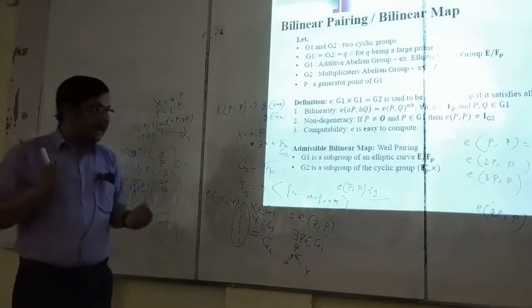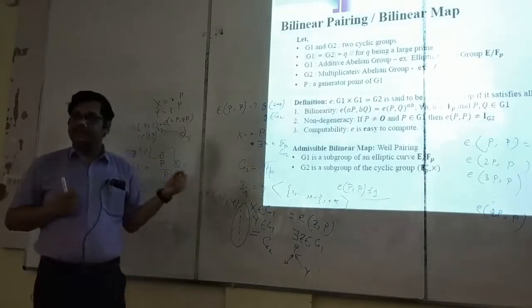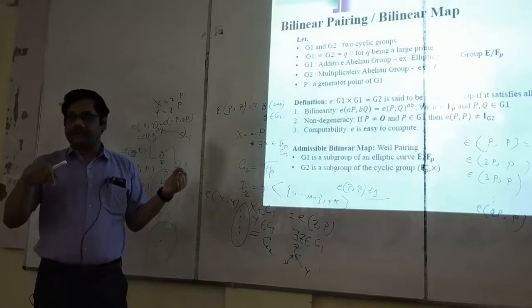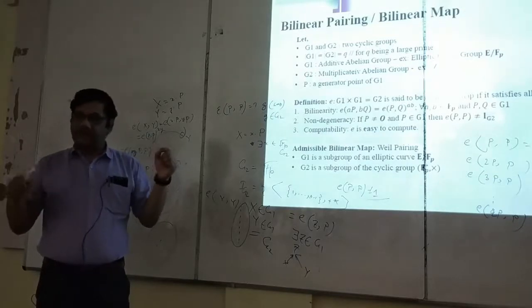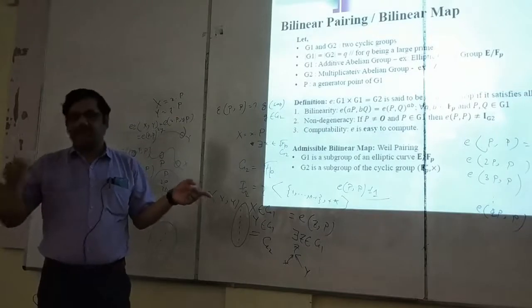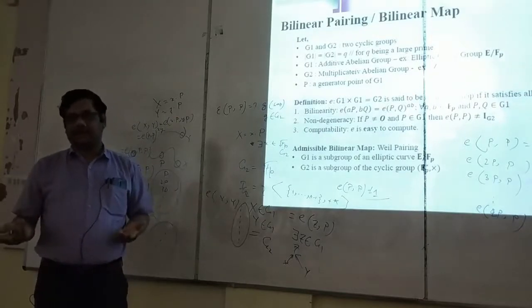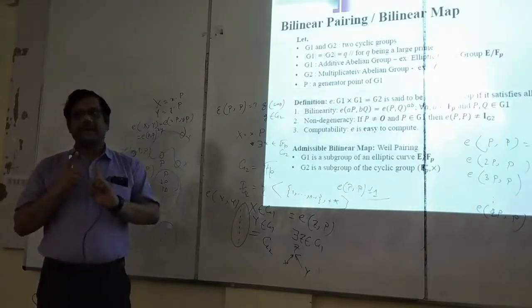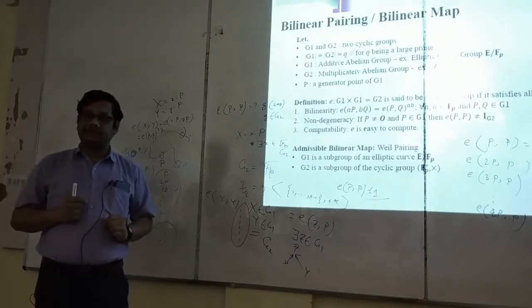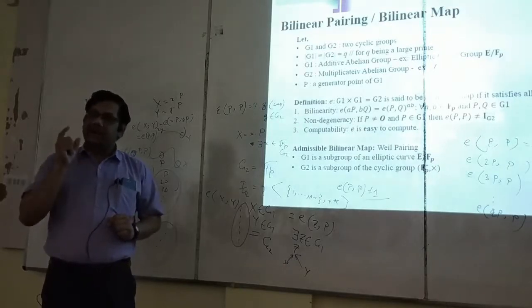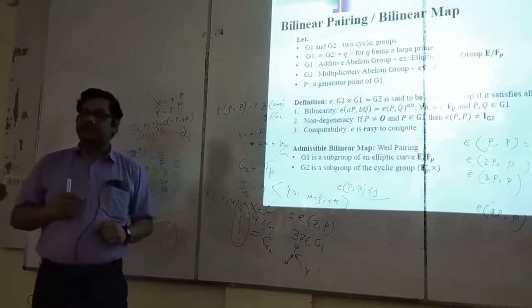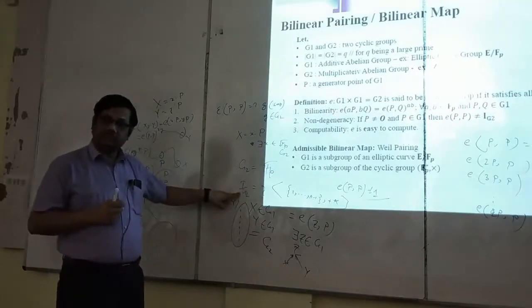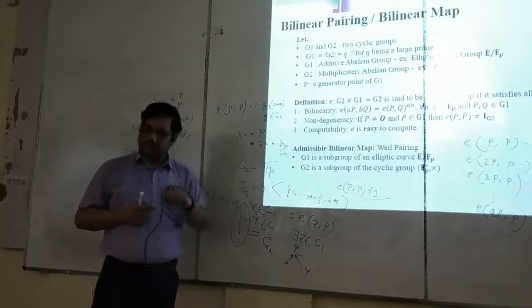So if you take any element other than the identity element, that element must be present in the cyclic subgroup you are generating. If it is not the identity, then the identity is also present and this element is also present. So you are getting a minimum of 2 items, so you cannot get size 1. Size 1 you can get only if you take the identity element itself. So size 1 can be generated if g is the identity in G2, or if you are considering Fp, then g is equal to 1.